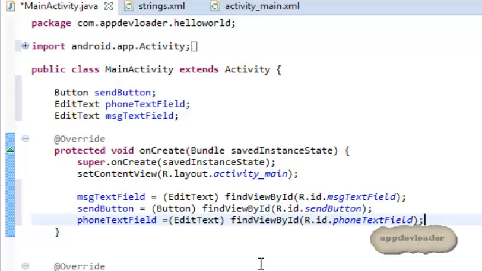So in this tutorial, we will be using the built-in intent to manage our SMS application. So now